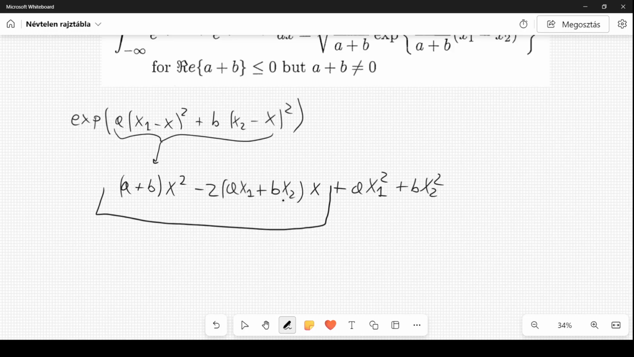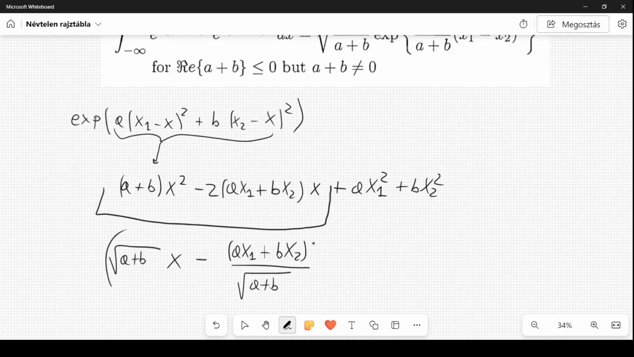This is something usually done in calculating integrals, and it's a very well-known technique because it's very simple. So we want to complete a square. And if we do the algebra, we can rewrite these two terms like this. So we have the square root of a plus b times x minus (ax1 plus bx2) divided by the square root of a plus b, and this is squared,